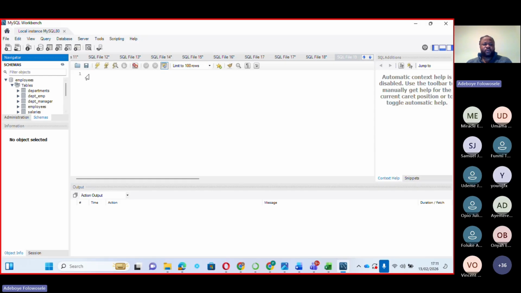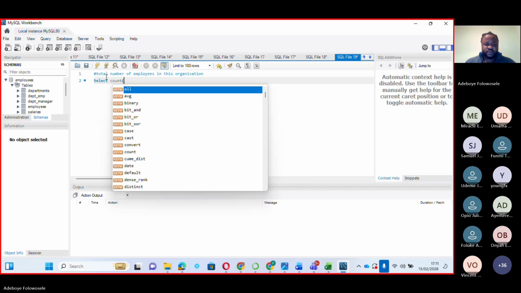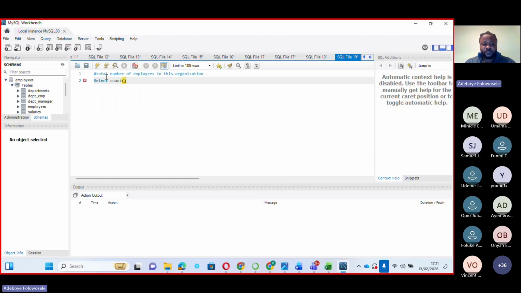Let's assume we want to know the total number of employees in this organization. So how do we go about that? We are going to make use of the function known as count. So that will be select count, then star